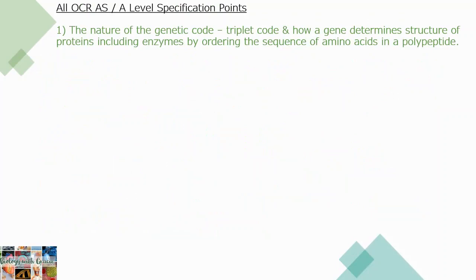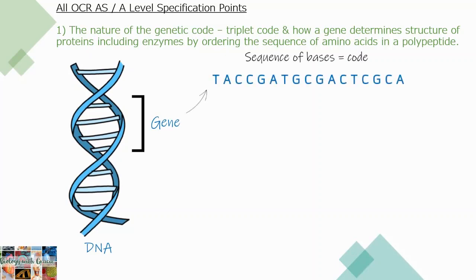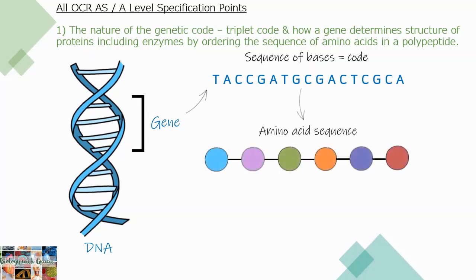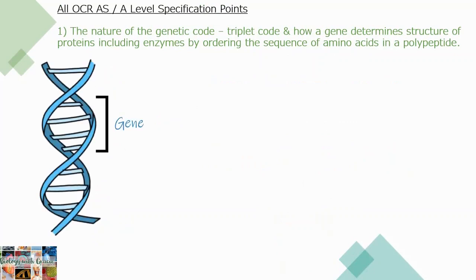So for our first specification point, here we have our DNA and we have our gene, and a gene is a section of DNA. So a gene is made up of a sequence of bases, and this is the code that codes for the sequence of amino acids, and it's the order of amino acids that determines the polypeptide chain or protein produced. So our gene is made up of bases, and in DNA these are A, T, G and